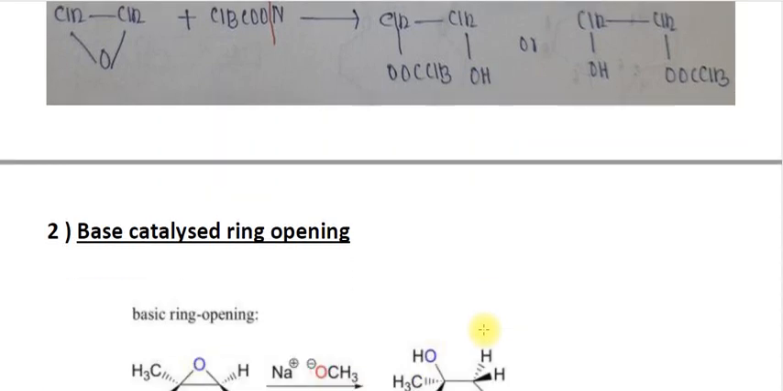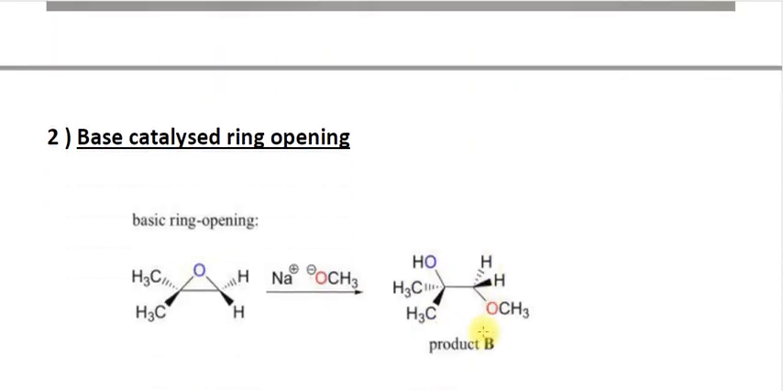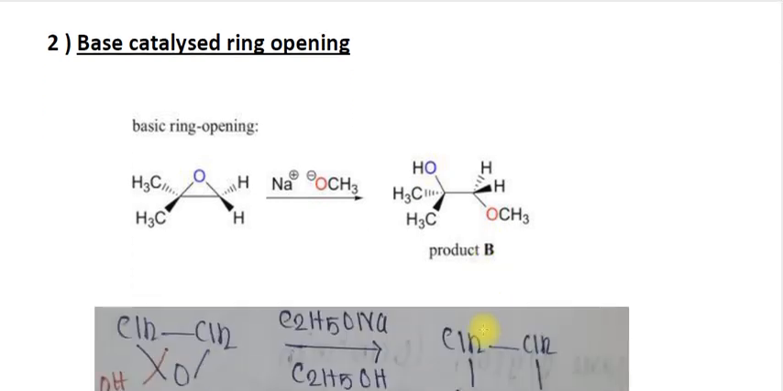Okay. The next is base catalyzed ring opening. Ring opening is a major reaction of epoxides. It can take place in the presence of an acid, and it can also take place in the presence of a base. So that is the base catalyzed ring opening. Base ring opening is shown here,